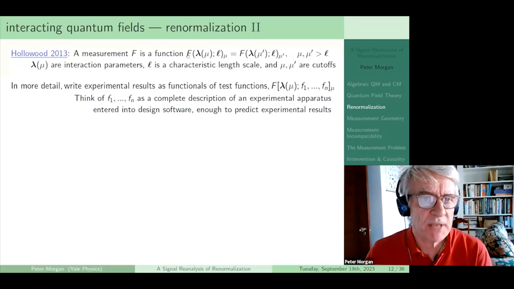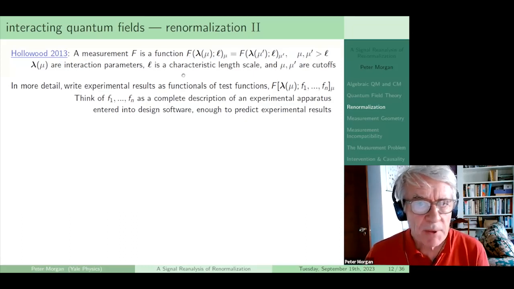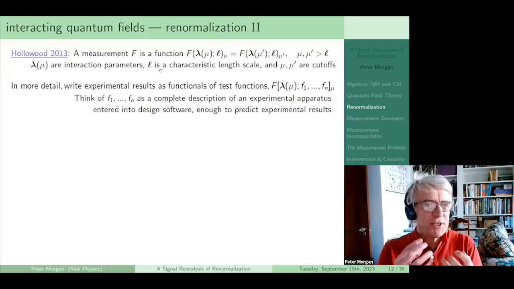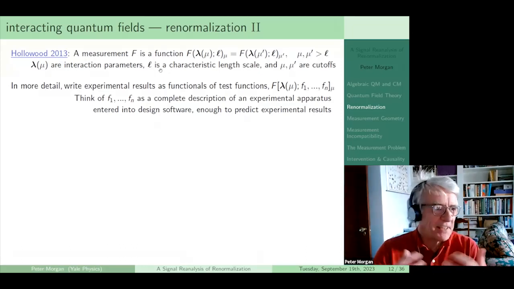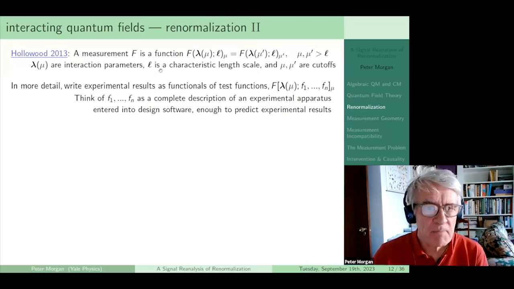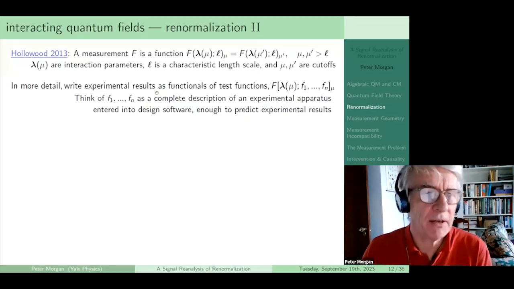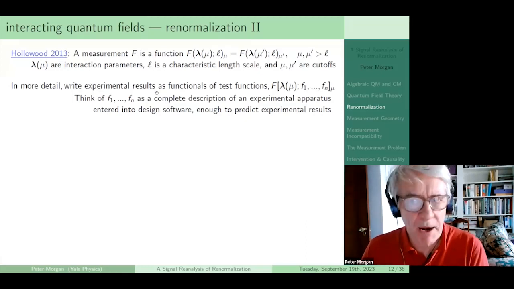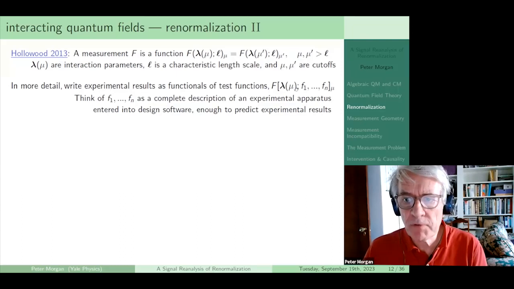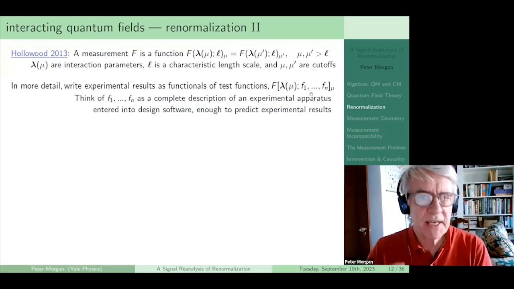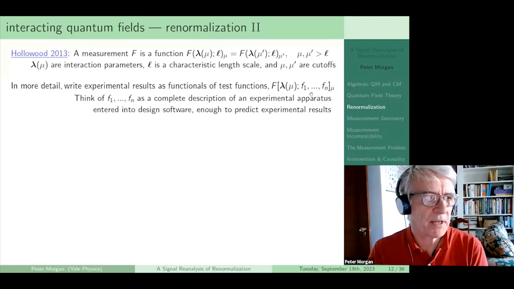They both should give the same measurement results. But L is just hopelessly undetailed. You're putting your finger in the air and saying, well, this is like a nuclear experiment, or this is like a Higgs scale experiment. We should be looking at the details of how we describe the experiment. And so when we talk about the experiment results, it should be a function of all the test functions we would use in a detailed description of the experimental apparatus.